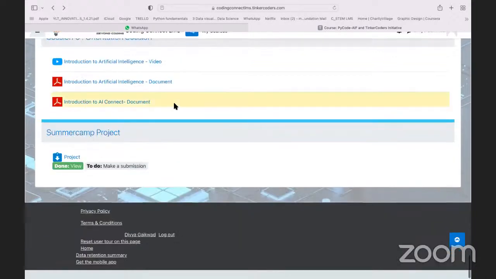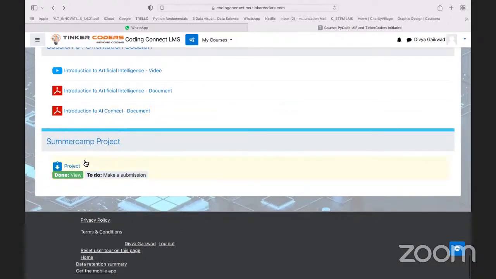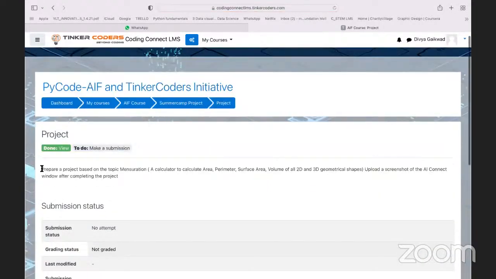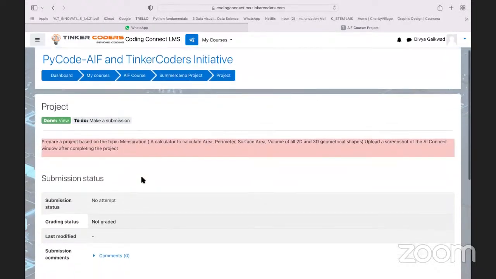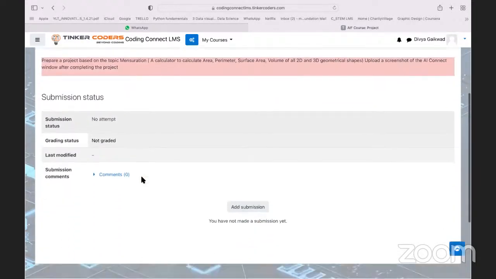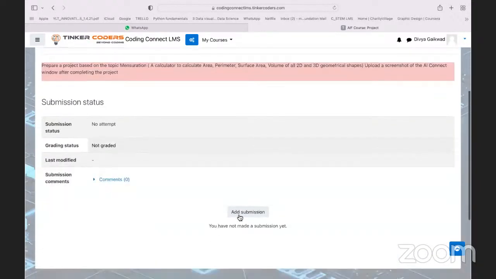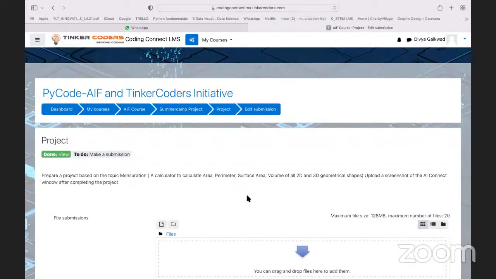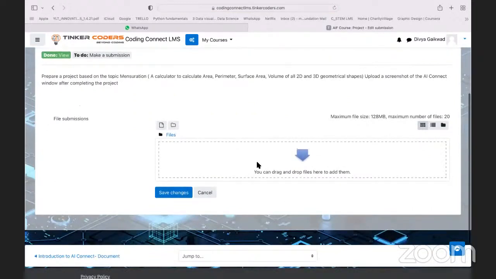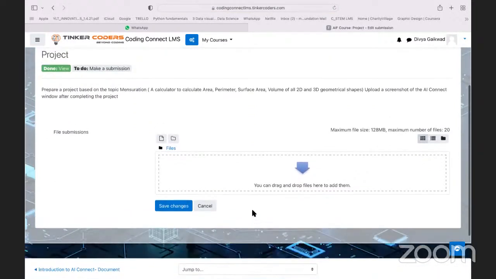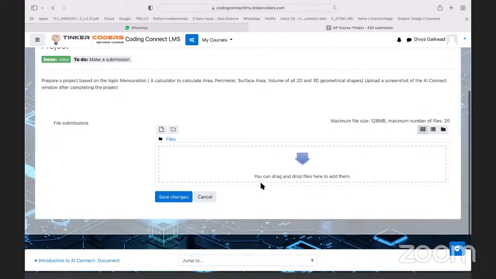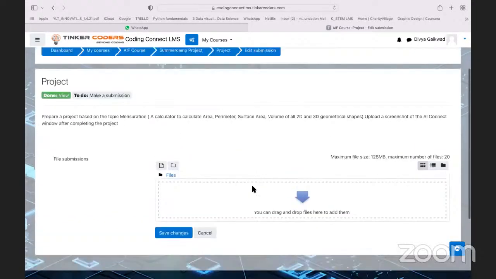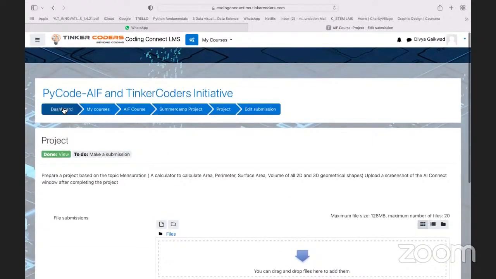The other thing that we have for your summer vacations is this summer project. When you click here, you will get this questionnaire, which tells you what you have to do in this project. You will read the question and follow these instructions. And as you all know, the first step to submit your assignment is you come over here, take a screenshot of your code and your output, and drop it over here.